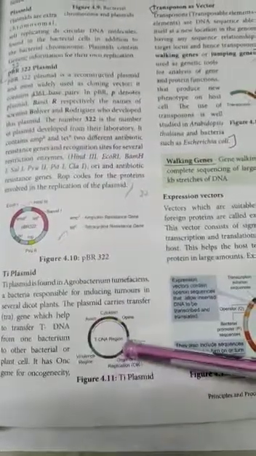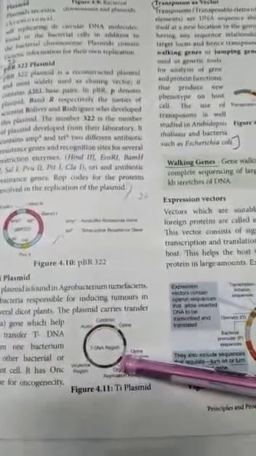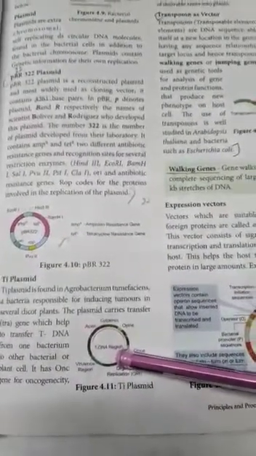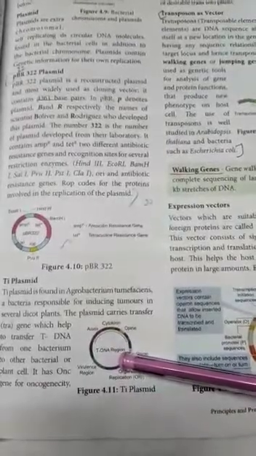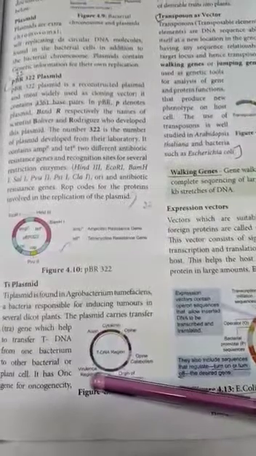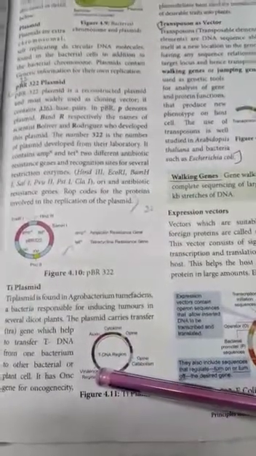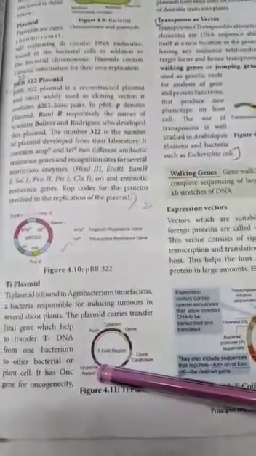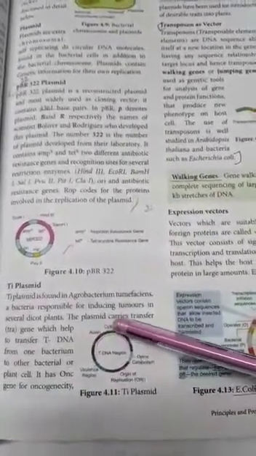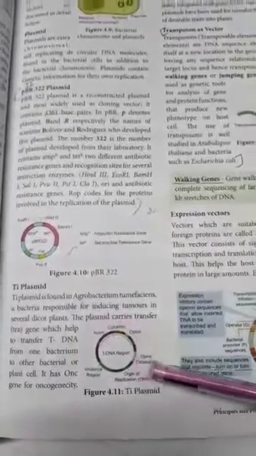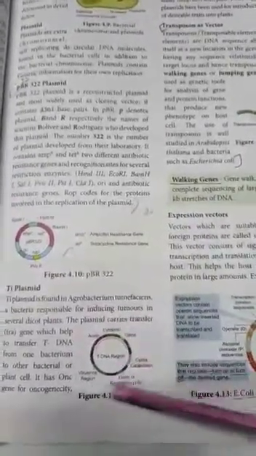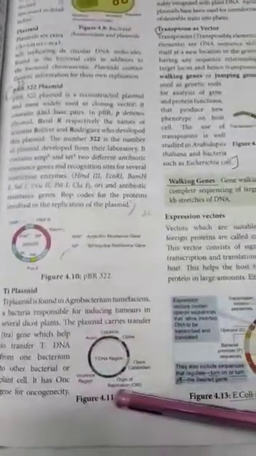Here is the diagram of the Ti plasmid. The T-DNA and the tra gene, which helps in the transfer of the T-DNA from one bacterium to the host cell. This is the T-DNA region, and the virulence region is also present. This easily affects the dicot plant and causes a disease. Auxin, cytokinin and opine, which are growth hormones, and the opine catabolism gene are also present here. So this is the Ti plasmid diagram.